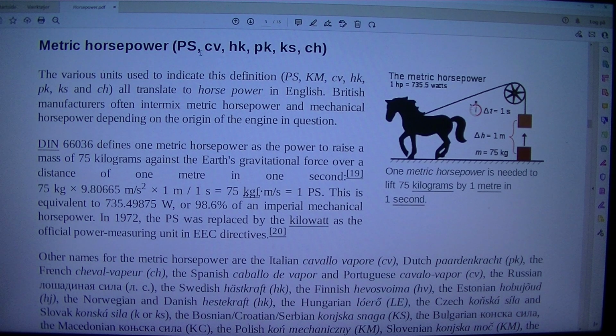Metric horsepower: PS, CV, HK, PK, KS, CH. 1 metric horsepower is needed to lift 75 kilograms by 1 meter in 1 second. The various units used to indicate this definition: PS, CV, HK, PK, KS and CH, all translate to horsepower